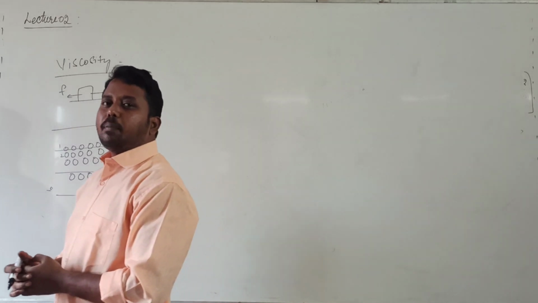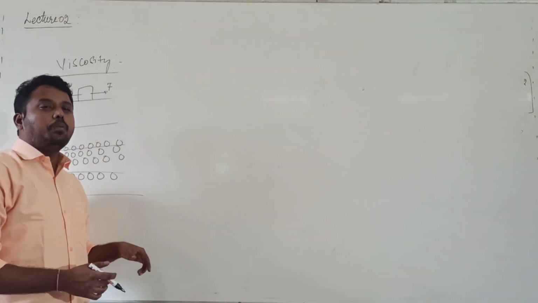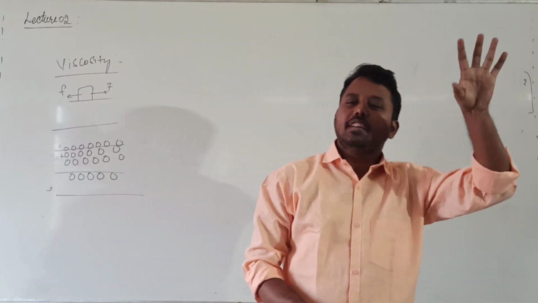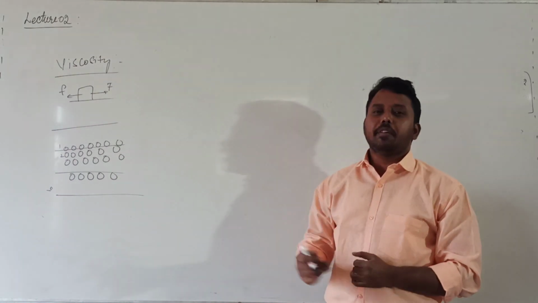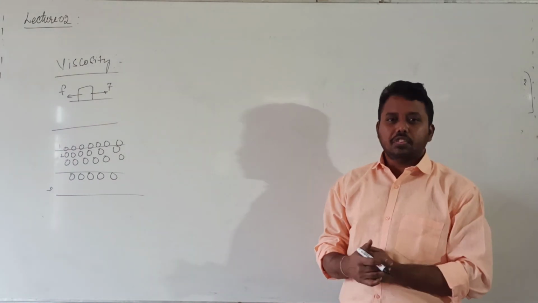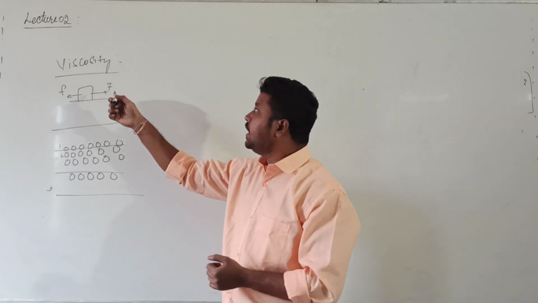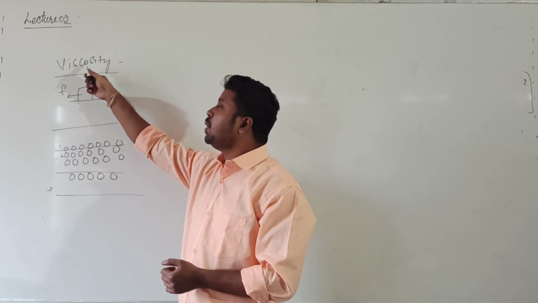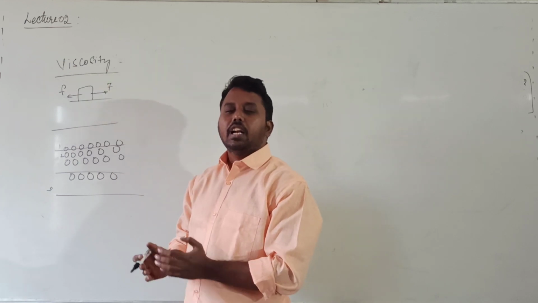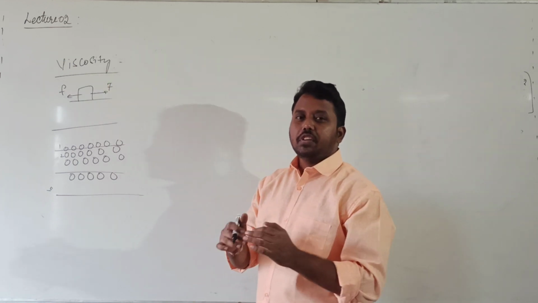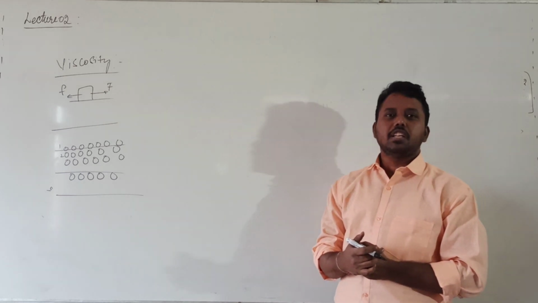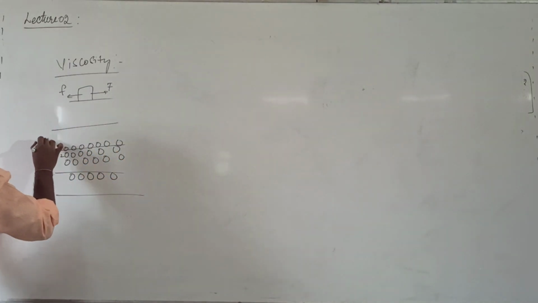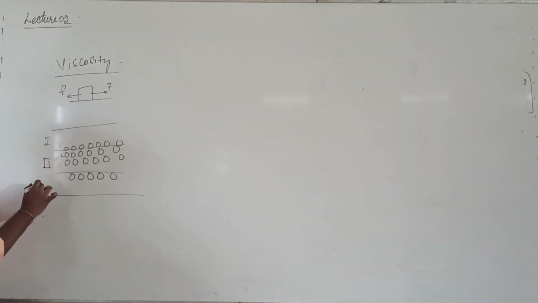Viscosity. The property due to which an opposing tangential force, a frictional force, like what you studied in the properties of friction, here also the same. An opposing tangential force which arises between the adjacent layers of a fluid. So due to the property of viscosity, that force's name is called what? Viscous force. If I consider in terms of layers, this is the first layer, second layer, third layer.